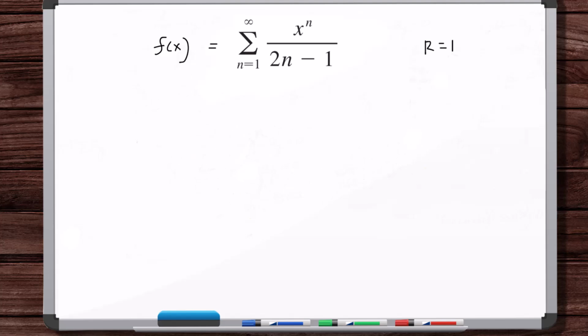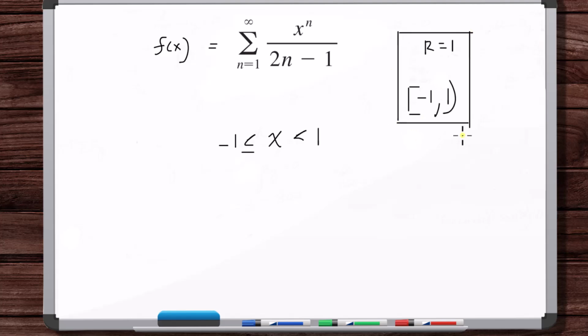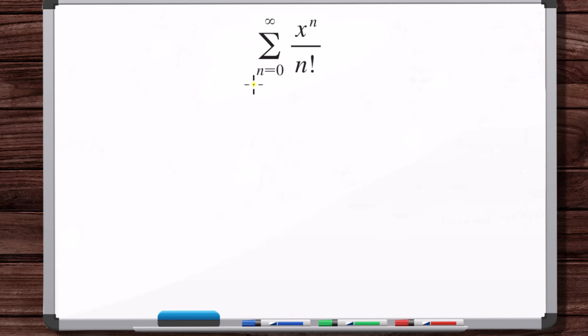Therefore, it's convergent when x is less than 1 and greater than or equal to minus 1. So there's the interval of convergence and the radius of convergence. Okay, so,